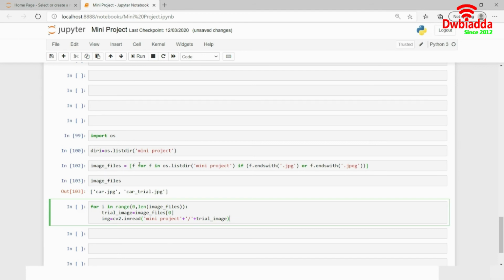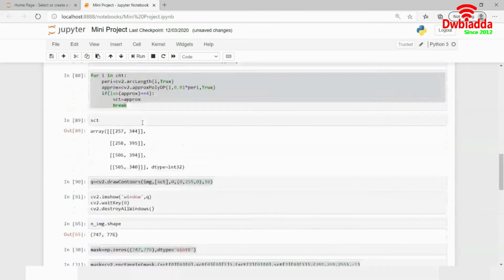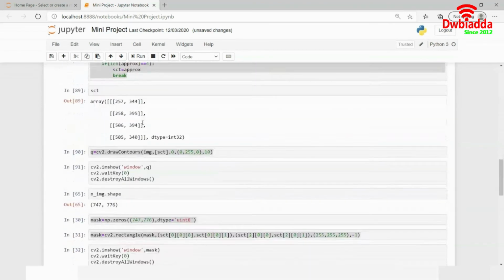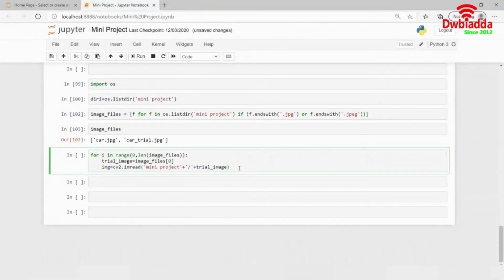For example, duplicating the image file and converting it into a grayscale image. So every line you have to copy. I will go up and copy each and every line, but I will not show you this because it will take a lot of time in this video itself. I will do this on my end, and I will meet you in the next one.